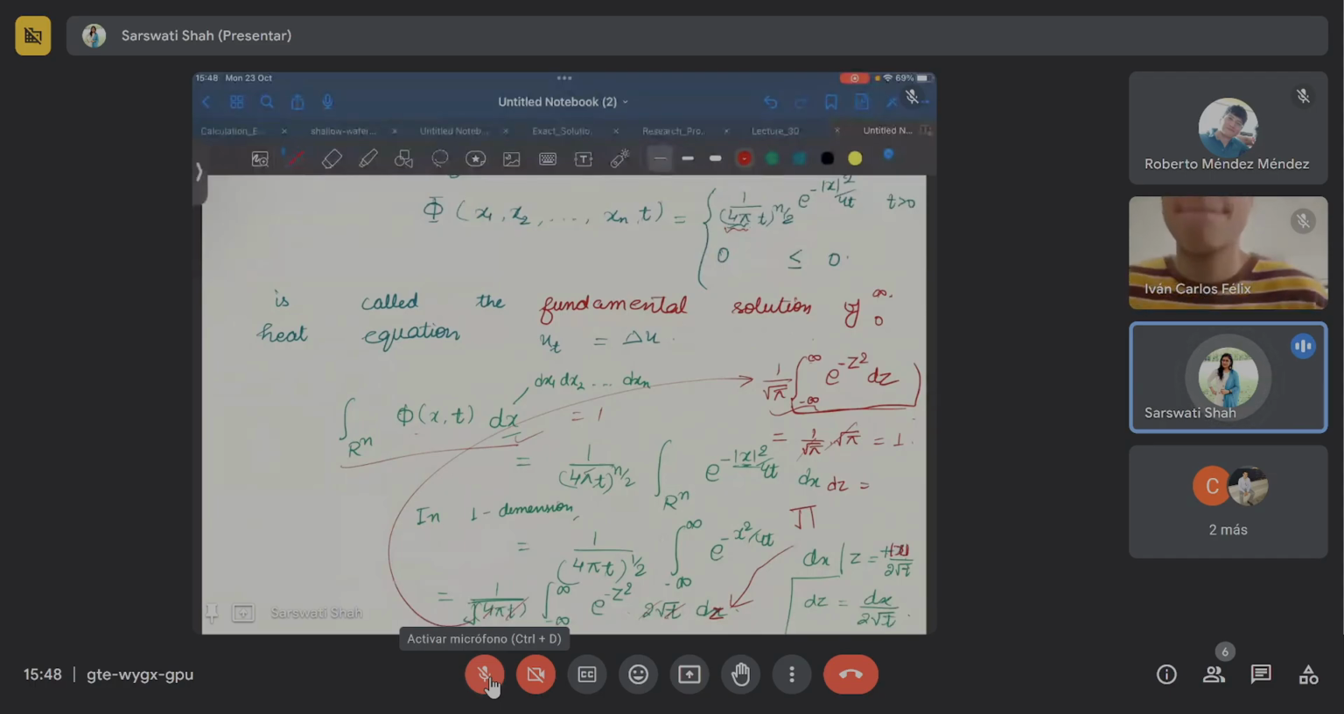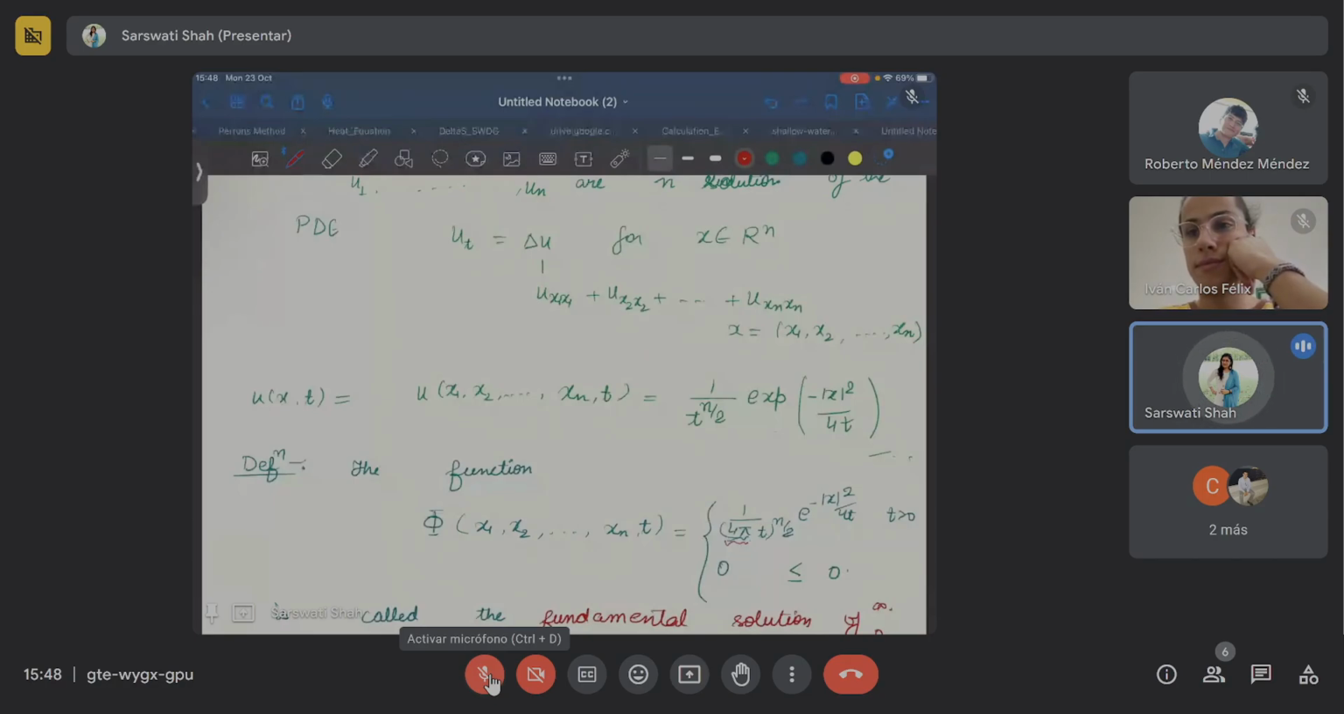So because of multiplying this constant, we are getting one. So this is working as a fundamental solution of the heat equation, because the integration of this solution over the volume, not over the time, over the volume, is giving us one. That's why this is a fundamental solution of the heat equation. Now we are going to see a very beautiful thing. But before that, I would like to ask you,